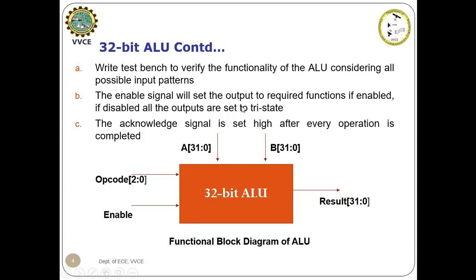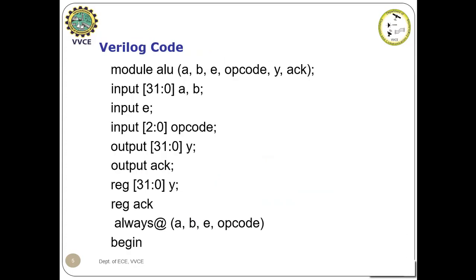This is the system diagram I am using for my 32-bit ALU, where A and B are 32-bit input quantities, opcode is a 3-bit vector, enable is a scalar signal, and result is a 32-bit vector. Let's see how we can do this with the help of Verilog code. As we already know that